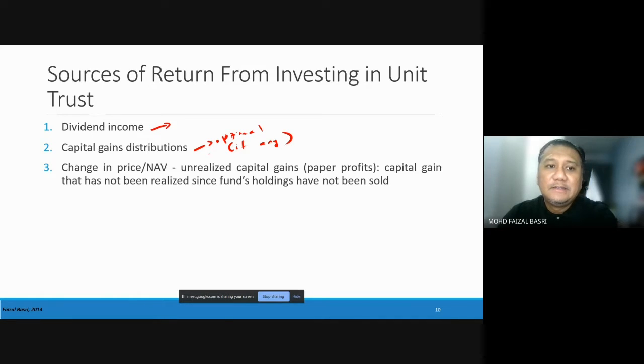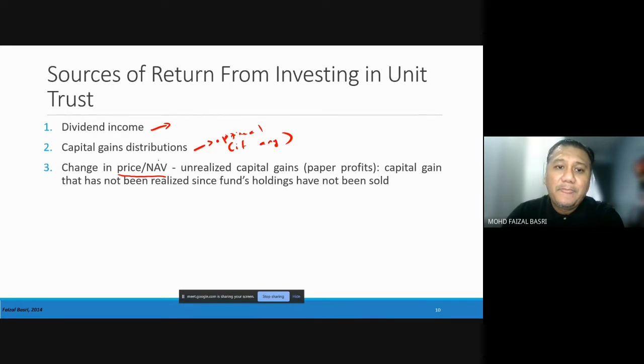Right, kalau ada lah. What kind of capital gains distribution, kadang-kadang the investment yang dia buat tu dapat one-off returns yang dia kena release kepada unit holders. Dia tak boleh keep contohnya. The investment company tak boleh keep, kalau tak nanti dia kena bayar tax contohnya. So dia akan bagi kepada unit trust holders contohnya lah. Okay, if any. Okay, but selain daripada number one, yang paling common untuk dapat return would be the price appreciation tadilah, the changes in price, changes in net asset value.